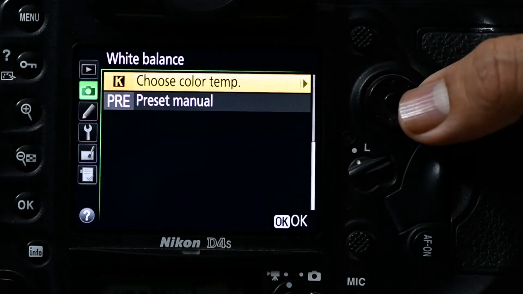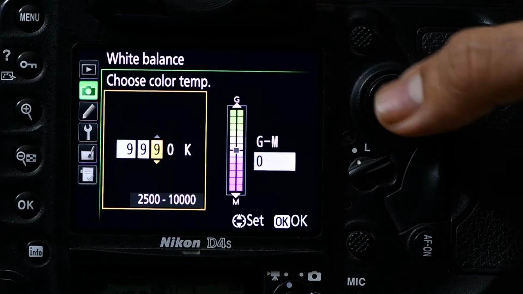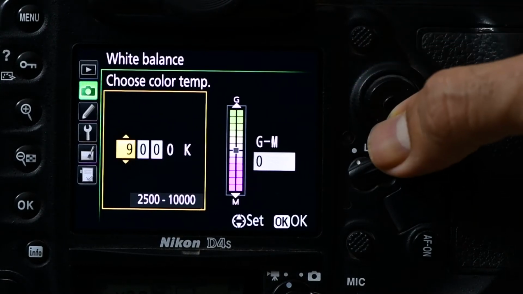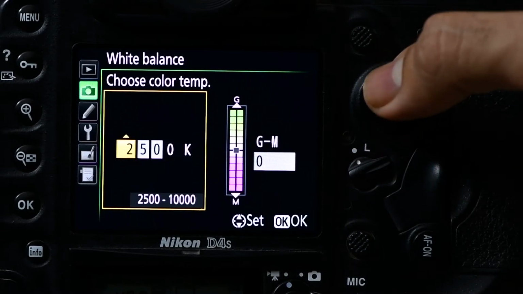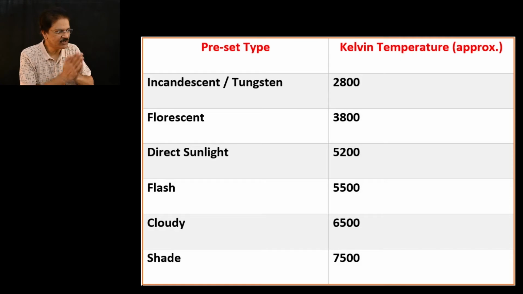Then you have this fine control over a white balance wherein you can adjust the exact Kelvin temperature. Every light condition has a different temperature and is measured in Kelvin. So if you are an advanced user and understand the basics, then you can control the white balance using this setting. But if you are a beginner, I would advise you to use a preset white balance, and in the majority of cases, it will do a pretty good job. So here is the chart showing Kelvin temperature for different presets.